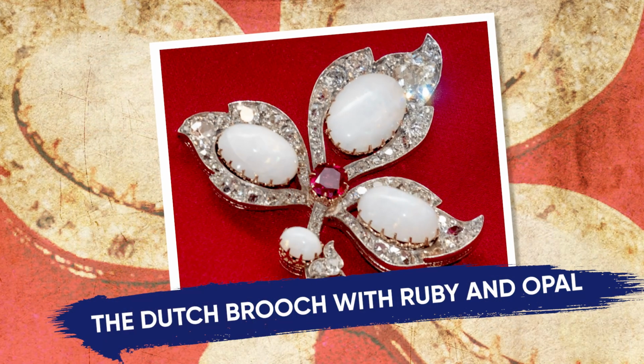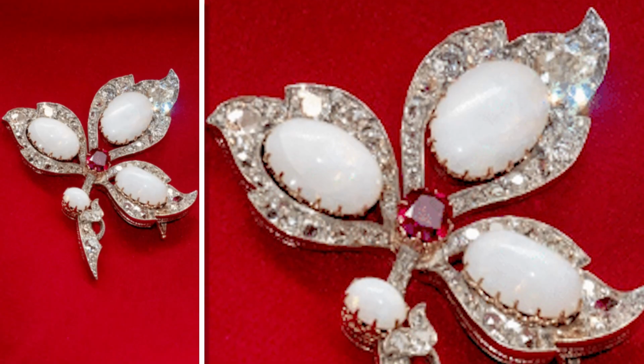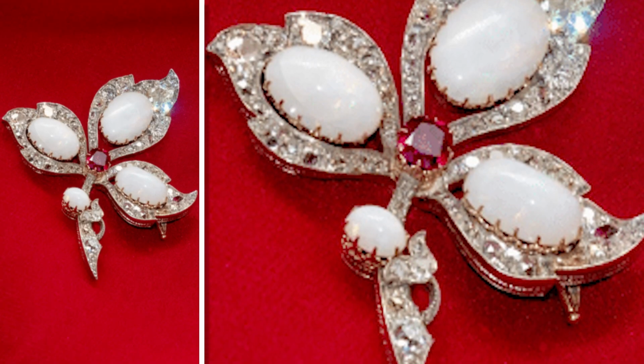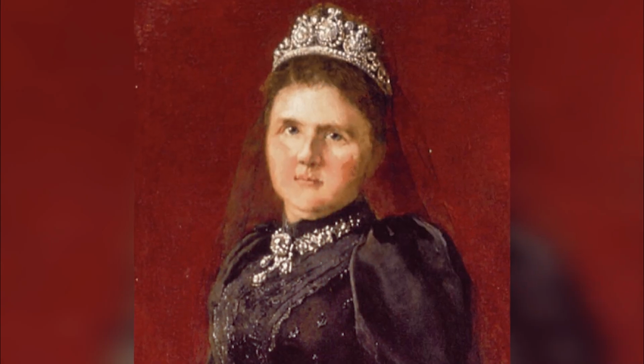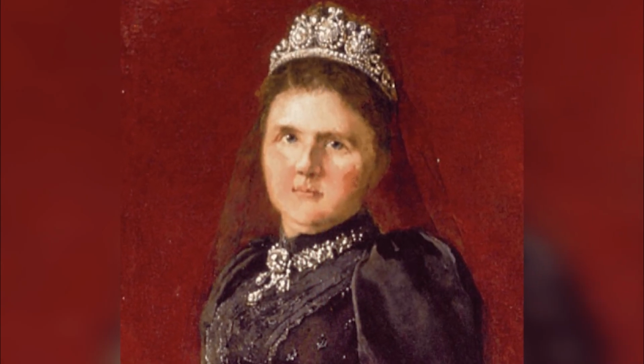The Dutch brooch with ruby and opal. The Dutch royal family's collection holds a cherished heirloom brooch featuring opals. The brooch was created by court jeweler Edward Sherman for Queen Emma and dates back to the late 19th century. This piece is a delicate floral design, crafted from diamonds, 4 milky white opals, and a single ruby set at the center. This brooch is not just a piece of jewelry, it is an important part of the royal heritage